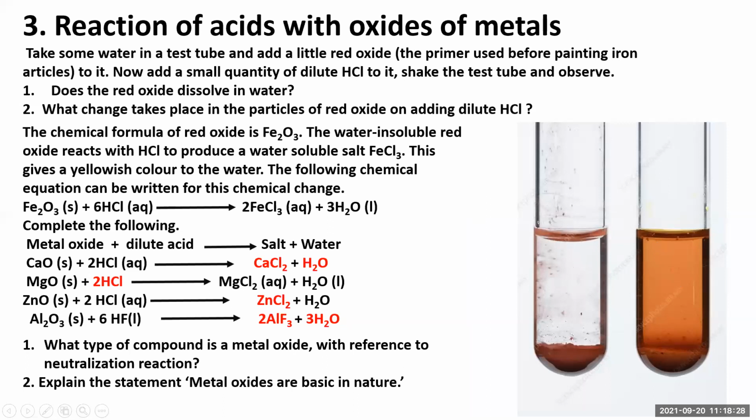The reaction of acid with oxides of metal. Now, what are oxides of metal? The product of a metal along with oxygen is called an oxide of metal. The metal has reacted with the oxygen present in water or in the gaseous state, and it is called metal oxide. Like iron always reacts with oxygen present in the air and causes rust or corrosion. So this is called oxides of metal.